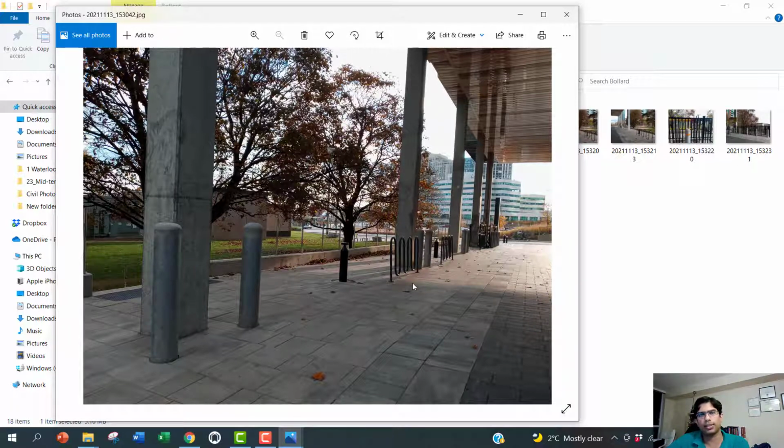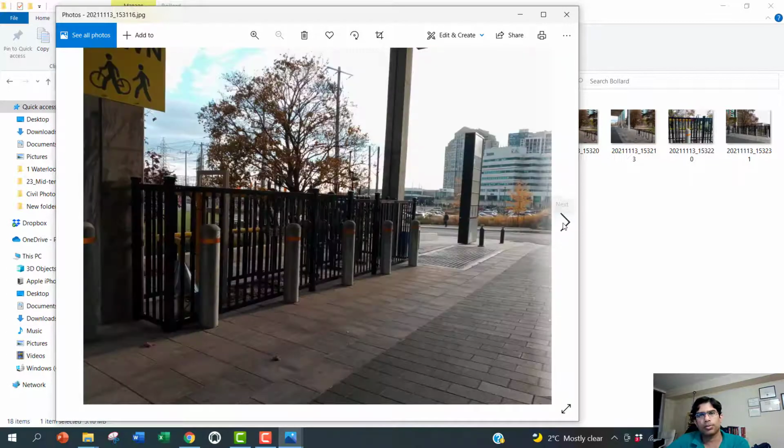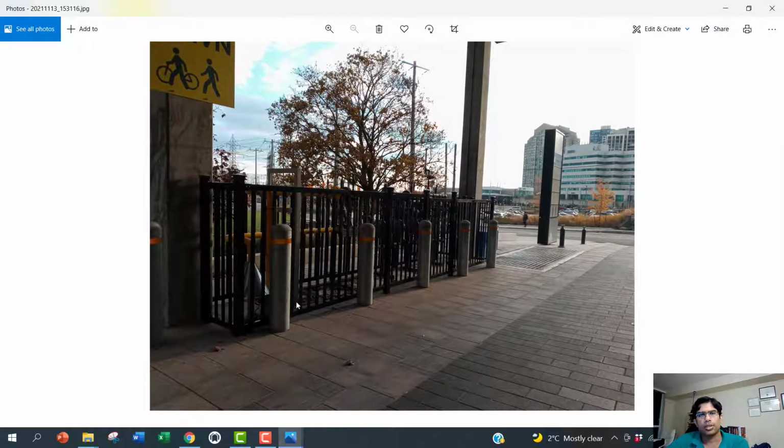There's a building right behind this. So these bollards are used to protect this building from any incoming traffic or any accidental situations. So I'll just show you some more photos. So these are the bollards. The bollards, 1, 2, 3, 4, 5, 6, 7. Those are for protecting the building and the structure from any accidental situations.